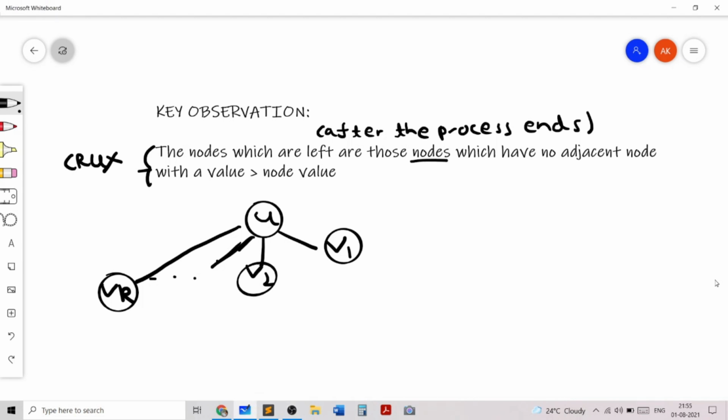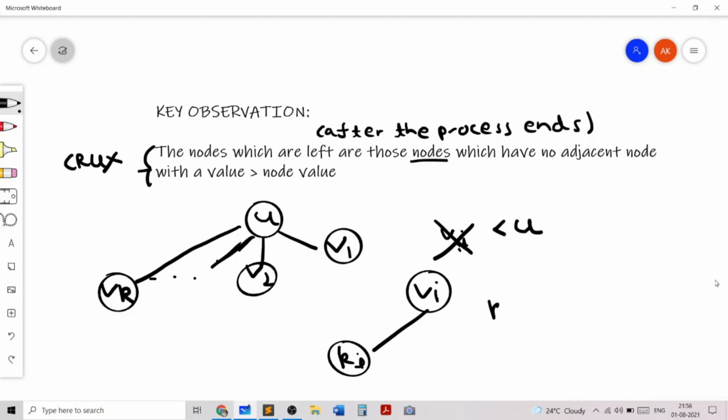Let's say that some vi was less than u, and vi was adjacent to u. Then we would remove vi, because vi would have all adjacent nodes greater than its value. Because vi is less than u, we would remove vi. Obviously this would be after some number of steps, because let's say that in turn vi had an adjacent node ki with ki less than vi. Then first we would remove ki, and then, since vi is less than u, the second step would be to remove vi.